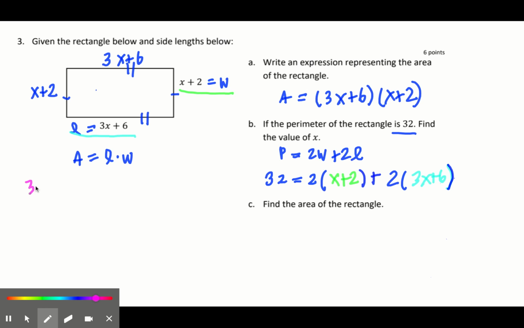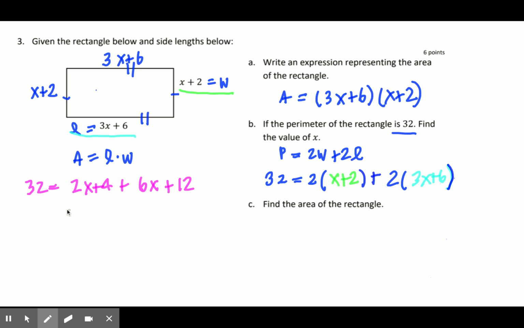So then 32 equals, and now distribute the 2, so that's 2x plus 4, and then distribute the 2 there, that's 6x plus 12. And that's 32 equals, and then you can combine like terms, right? So there's 2x and 6x, so that becomes 8x, and then 4 and 12 becomes 16. And then you can subtract 16 from both sides,